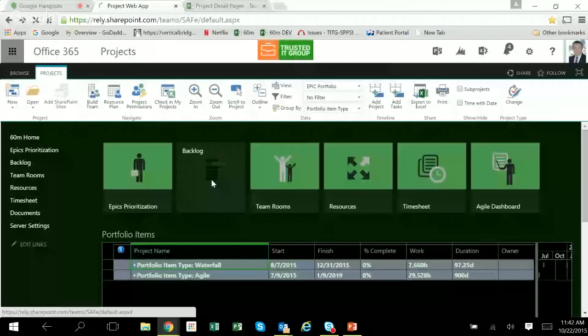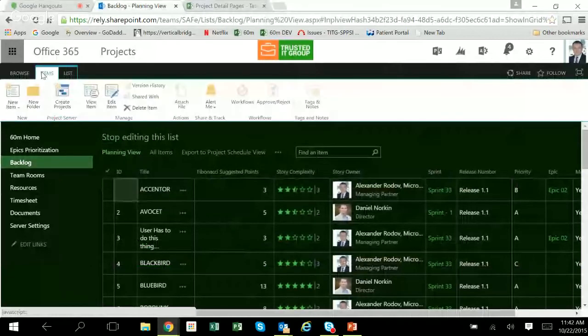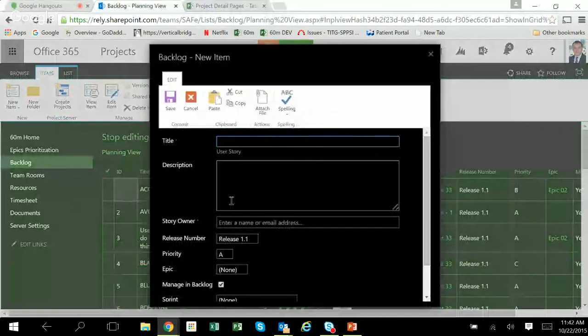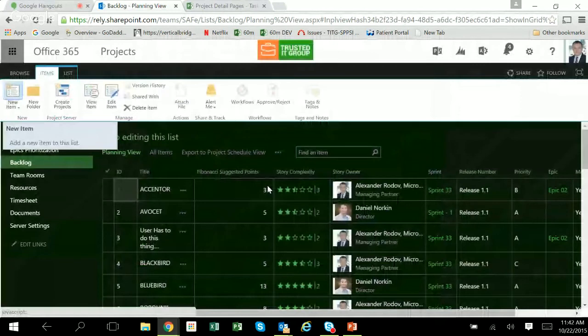Here we have the backlog, where you would be able to create a new backlog item. On a new item, you can enter the name of the story and the description, create an attachment, and put in the release number. Basically, when you add a new story, or you can import a number of stories from Excel, you don't have to use this form, but the idea is to have the stories added to this form,